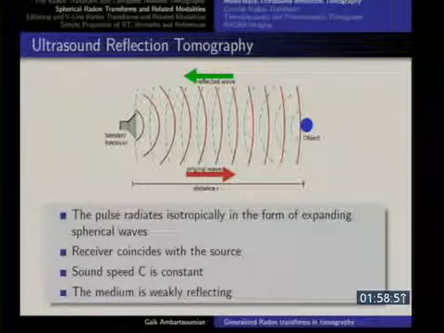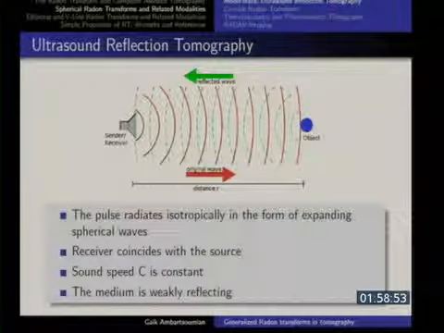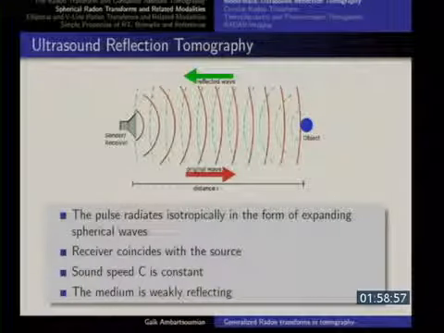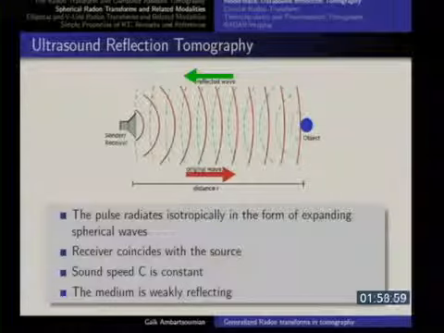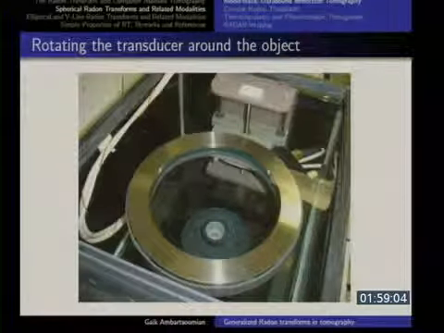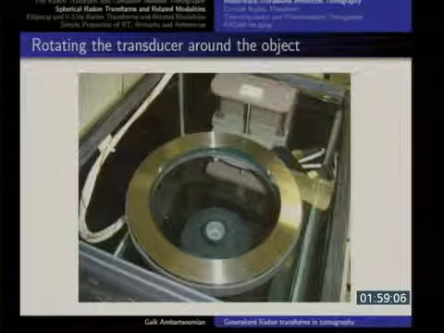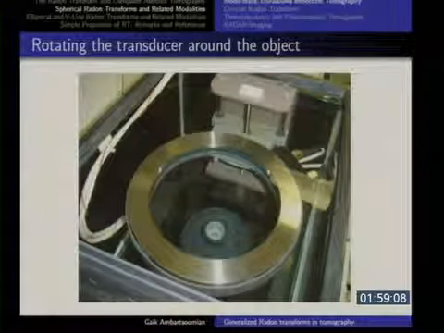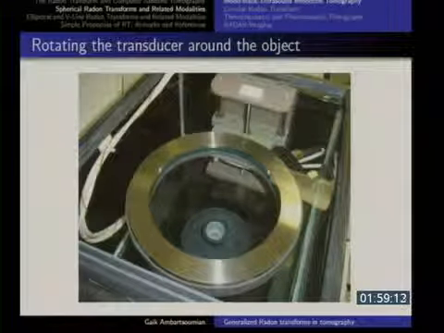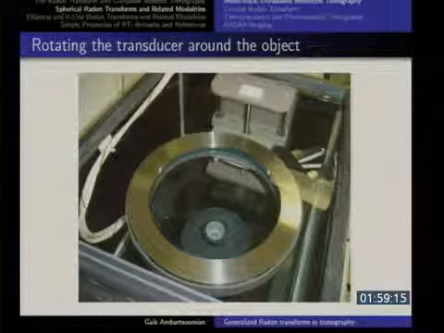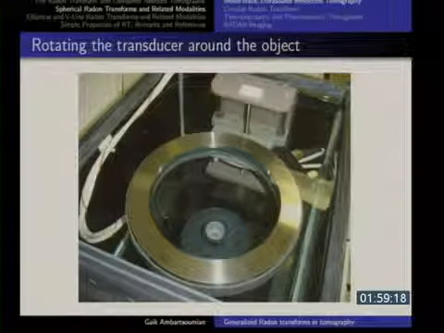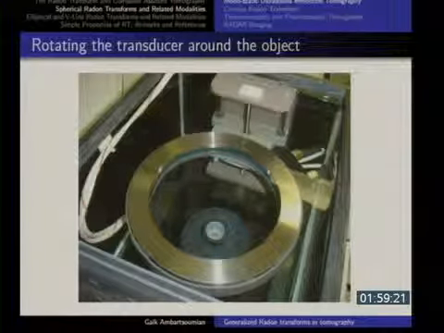And again, this assumption on one hand is needed for the mathematical model to be simple enough to be solvable, but it's also fairly workable in many applications. So this is a prototype machine, I think, for breast cancer imaging, where they have this device that the patient lies on the table, and there is this cup where the breast goes, and then this is the device that sends the acoustic signals and collects the echoes back. It goes all around this ring, collects the data, and then they try to recover the image.